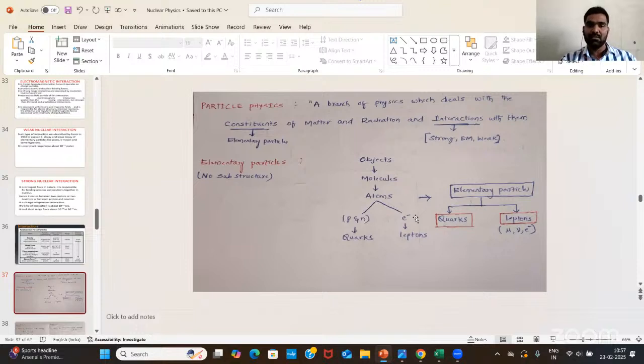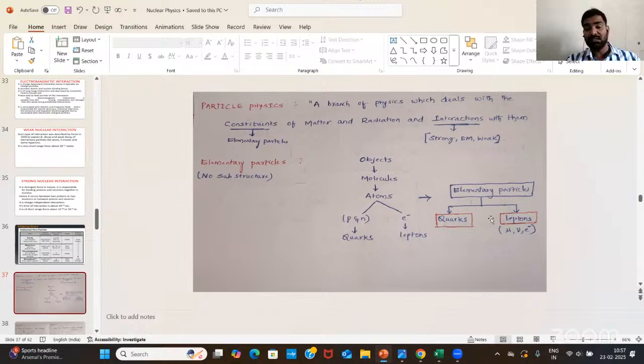So by this we can divide elementary particles as quarks and leptons, and also we can add the photon, the light photon. So that is also one. Elementary particles are basically quarks and leptons. Leptons consist of electrons and their neutrinos and muons. Okay, let's see